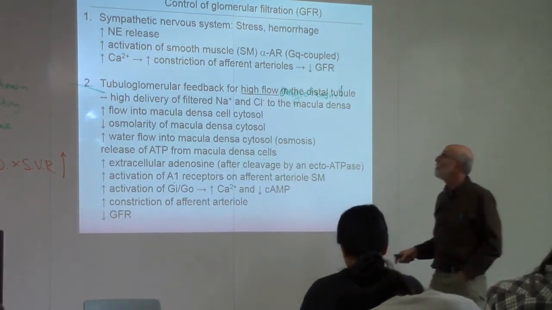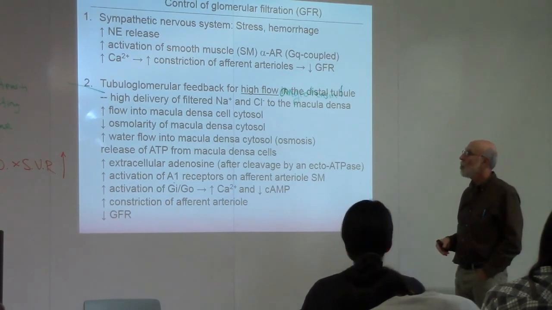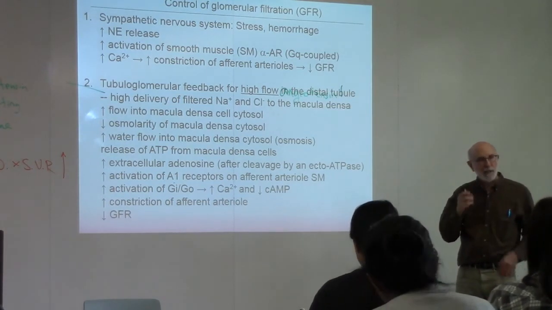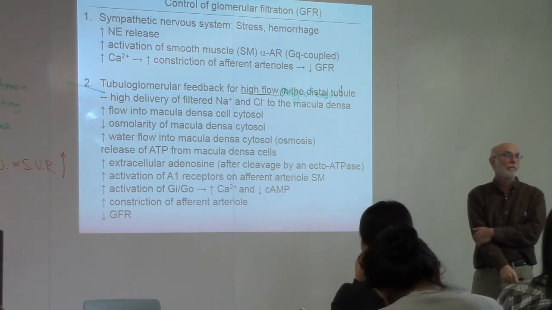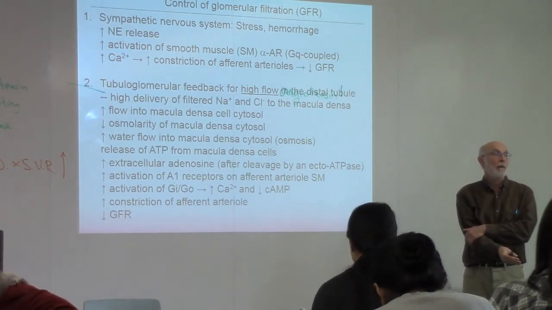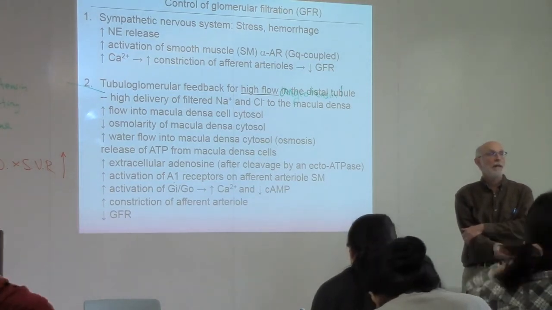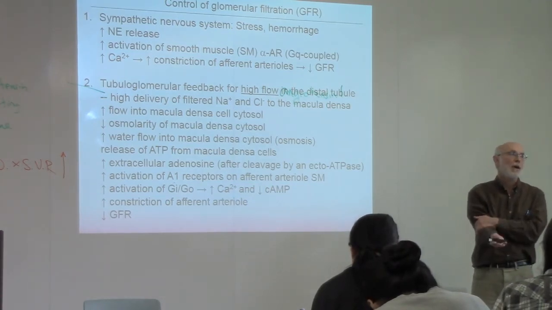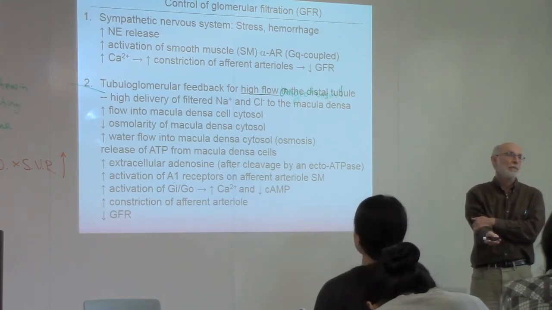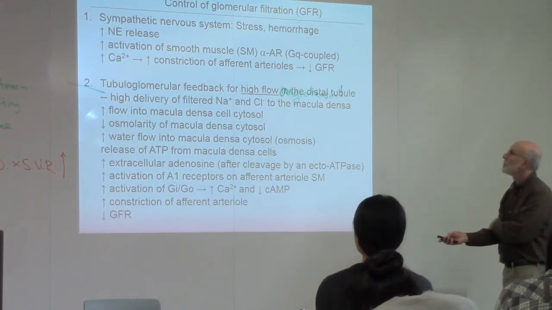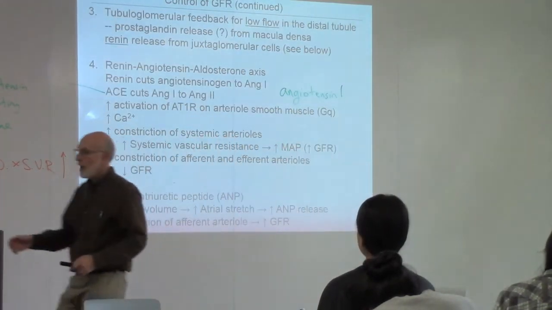Why would we have high flow? Excessive dilation of the afferent arteriole, or inadequate fluid reabsorption, so the tubules are not doing their job, so the fluid that should be reabsorbed by the tubules is not, so we're getting high flow at the output end near the distal tubule. So those are two possibilities that could cause high flow. You know, it's complicated,